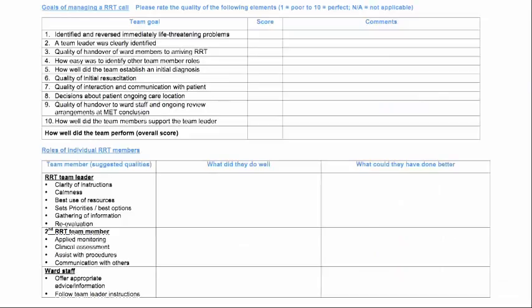So how then do you assess it, particularly if you're a non-expert? And this is a form that we've developed. It's a one-page summary. All of this material is available on the DVD we've developed. So this is all on one page. And so there's the team goals up the top, and we're actually proposing that you score this, because we're scoring the team, not an individual, and you provide comments.